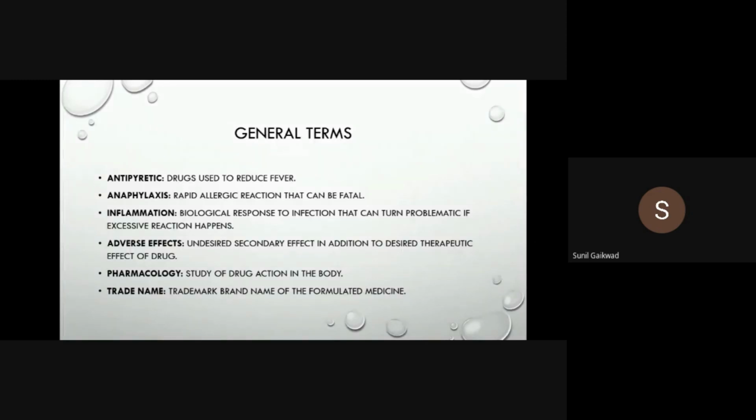And the last is the trade name. Whenever a drug is approved for use, there are only certain licensed companies that can formulate it and produce it in laboratories. Not everyone can produce it, because many of the drugs can be addictive to humans. Therefore, only certain licensed companies can provide them to certain licensed pharmacies. These companies have a trade name or brand name for the medicine.